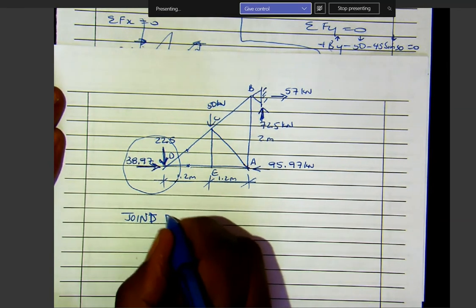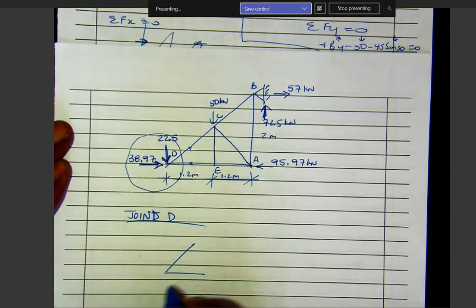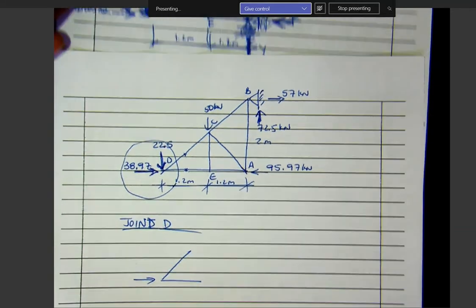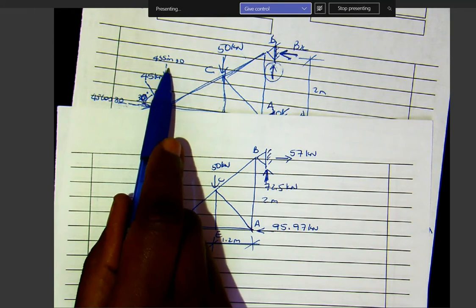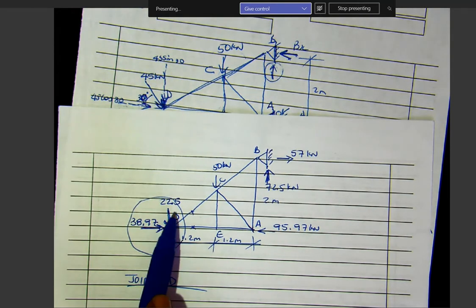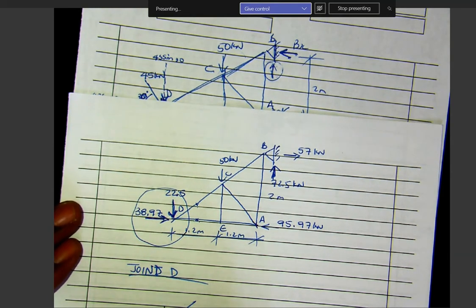Joint D. I'm rushing now. Joint D. There's joint D. There's a force there. Remember, this force, guys, is this force here: 45 cos 30. And that one is 45 sin 30. This one. Don't be confused now. Where is 22,5 coming from? And then you've got this one, 22,5, and then